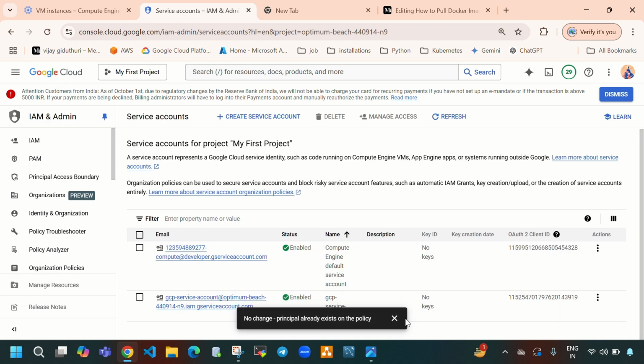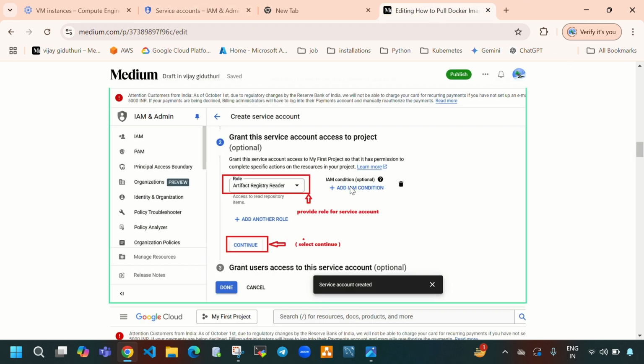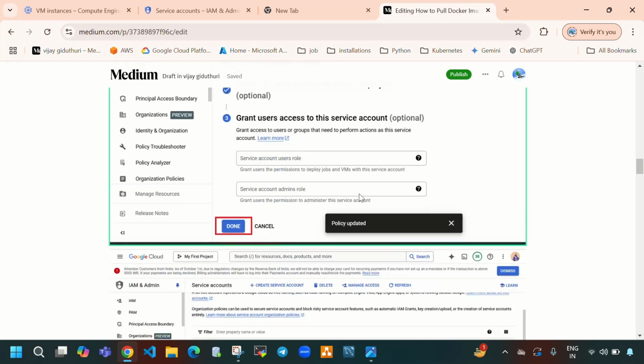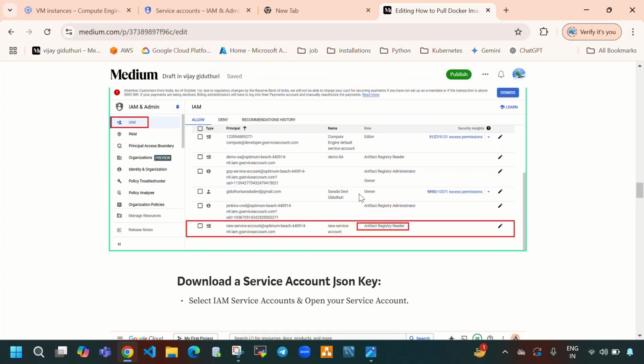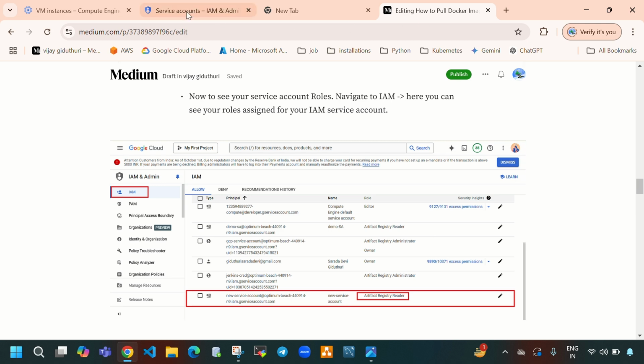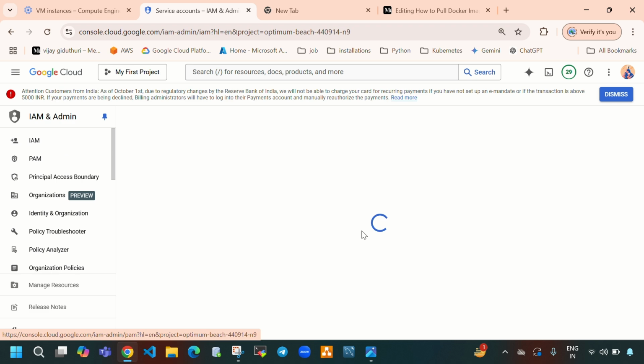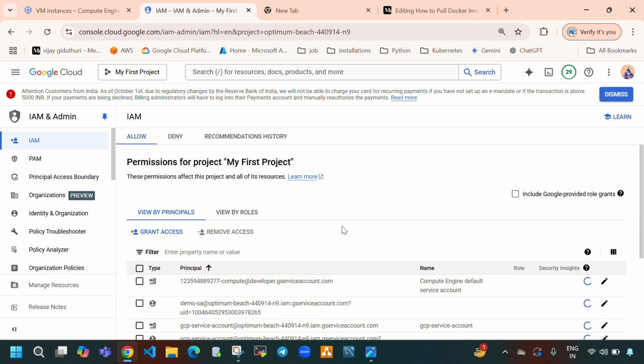Here you can see this is the name we have given, GCP-service-account. So up to now we haven't created any of the JSON keys. Okay. So first you need to create a service account. Up to now we created a service account, and after creating the service account, if you want to check your